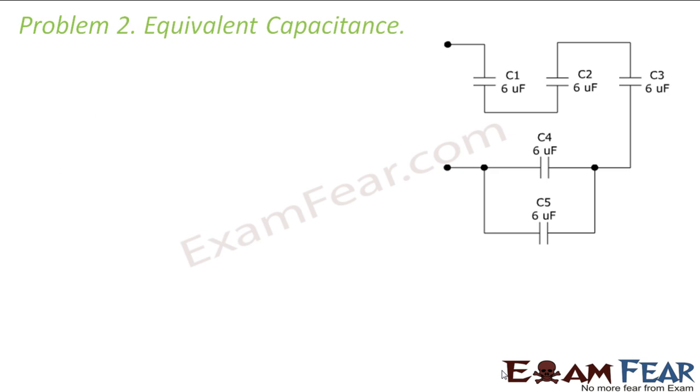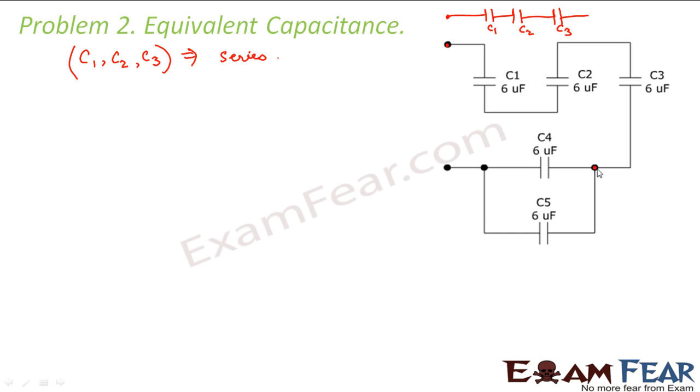So let us look at the second circuit. The circuit looks somewhat like this. So what do you think about C1, C2, C3? Are they in series or parallel? It is just that the wires are bent, but otherwise C1, C2, C3 is equivalent to this circuit. If you look at it, it starts at this point, a straight wire joining C1, again a straight wire joining C2, again a straight wire joining C3. So you can view it like this also. That means C1, C2 and C3, these 3 make a series combination.